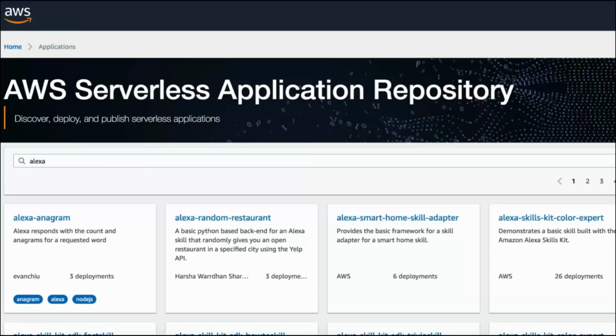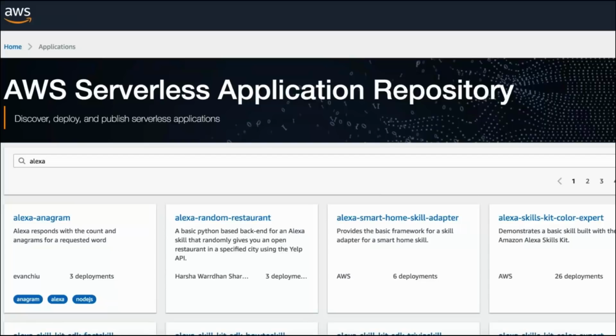Going along with this, back in April, we also made generally available the AWS Serverless Application Repository. The AWS Serverless Application Repository is a place where you can go and find all sorts of pre-built serverless applications, so they're built on top of Lambda. There's a couple of hundred in there today. Some of them are from third-party companies, individual developers, AWS developers and service teams, across a number of different use cases.